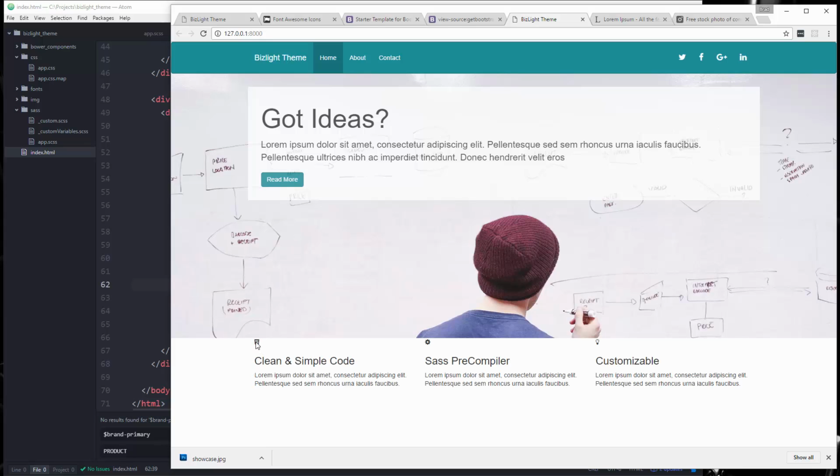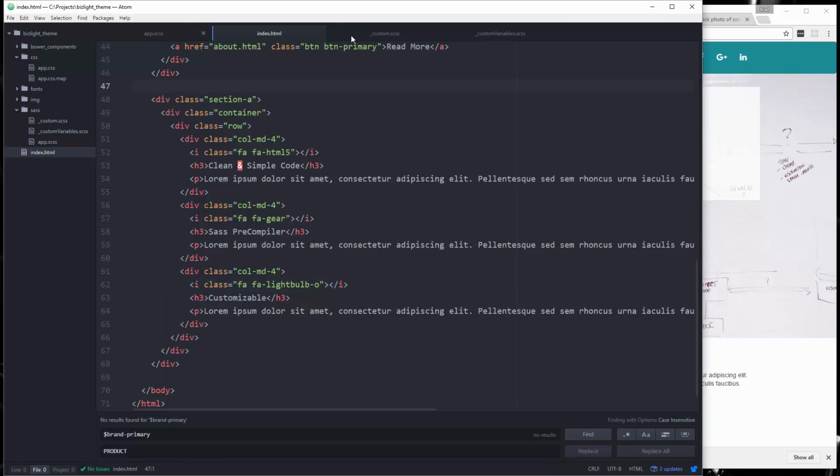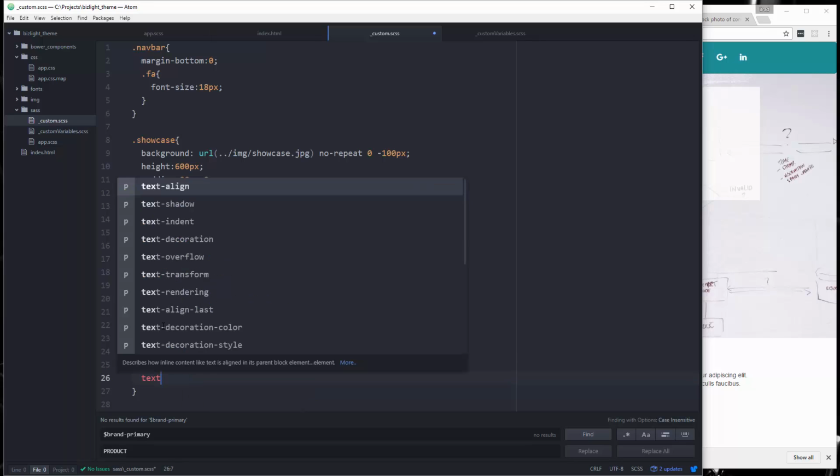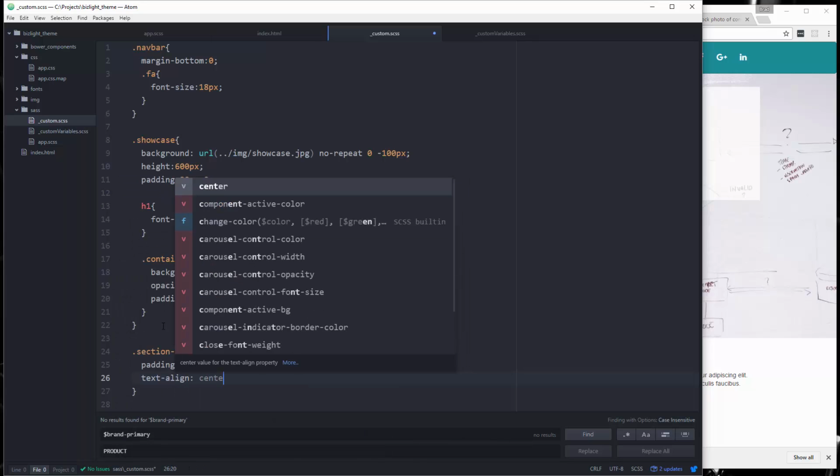Okay, so notice the icons are really small, so we're gonna add some custom styling. So let's go to our custom SCSS file, and we're gonna put down here, we're gonna say section-A, and let's see what we want here. We want to add padding of 30 pixels 0. I want to align everything to the center, so we're going to say text align to the center,